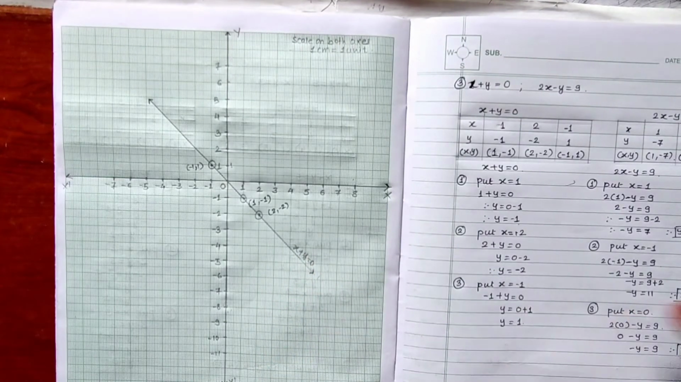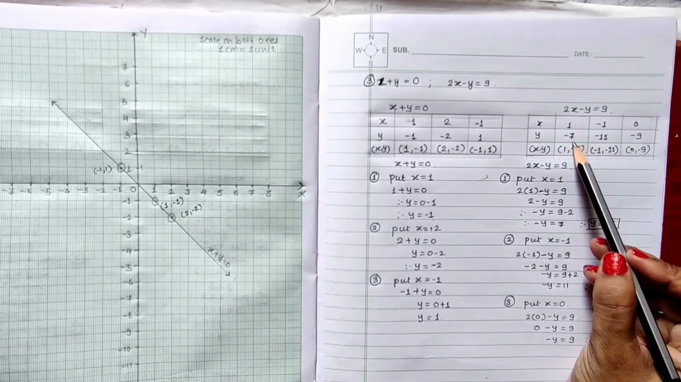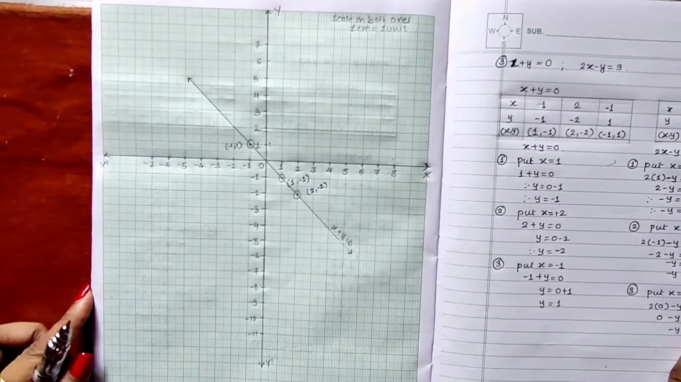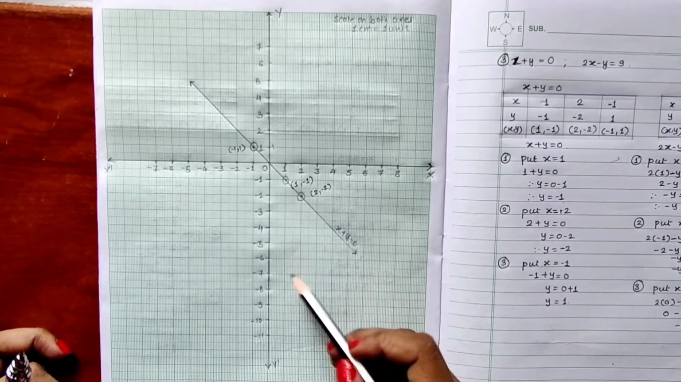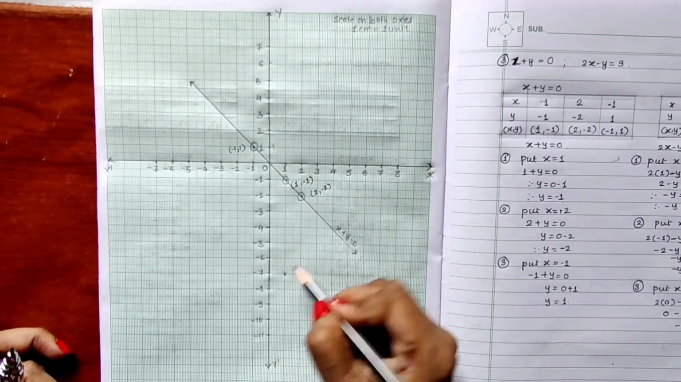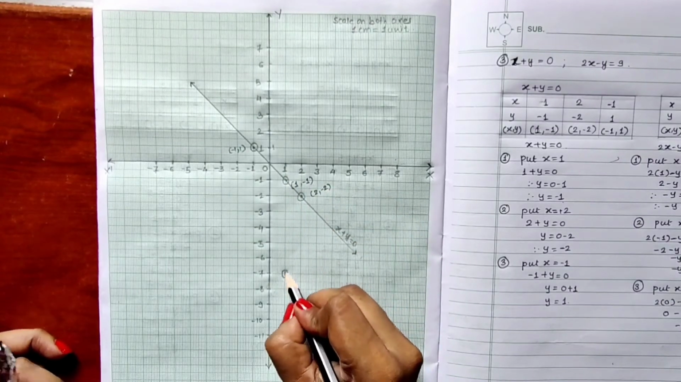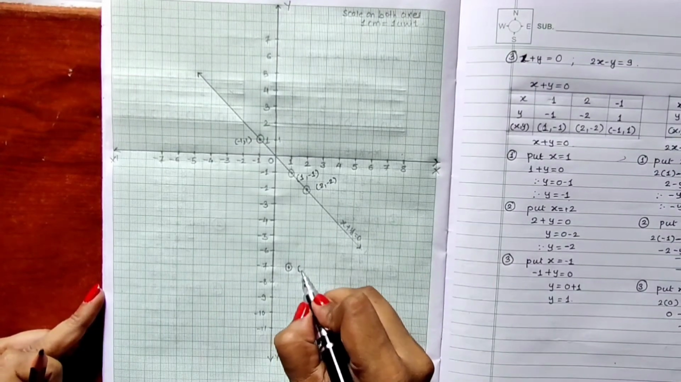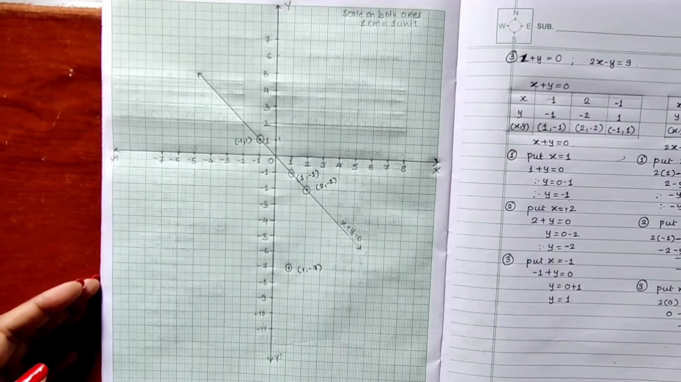Okay, now let us plot the points of the second line. The second line points are 1, minus 7. 1 on the x-axis, minus 7 on the y-axis. So let us go from 1 on the x-axis till minus 7 on the y-axis. So this is our point 1, minus 7. The second point is